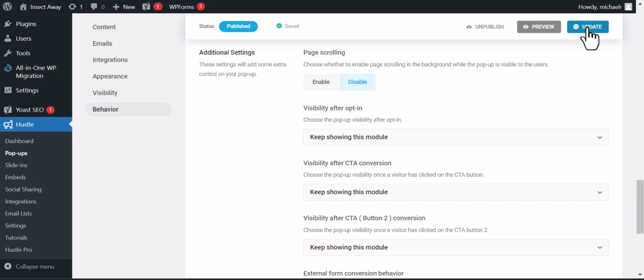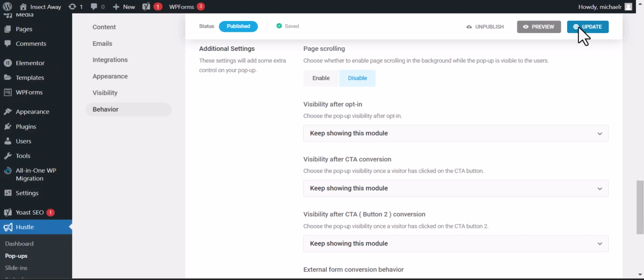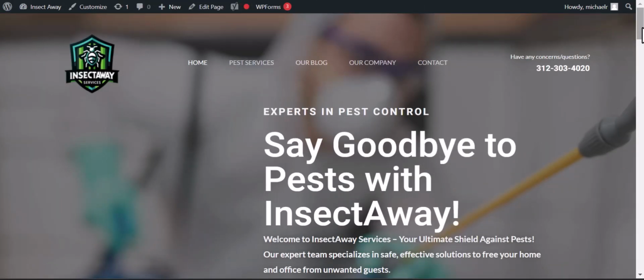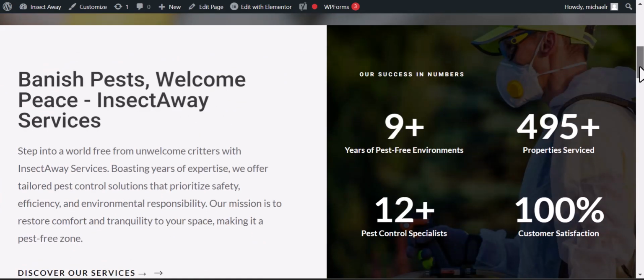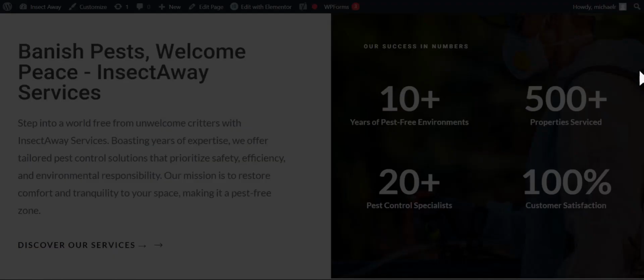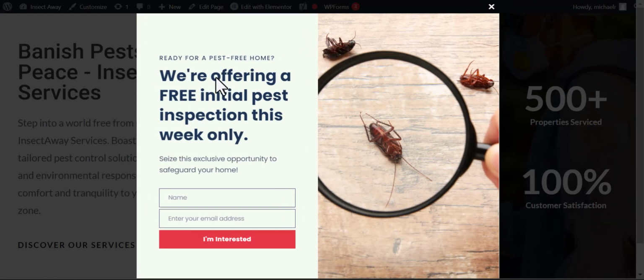I had published it earlier, but if you haven't published your pop-up just yet, then you can publish it right now. So I'm going to take a look at the website, and let's open it in a new tab. And here we have the website, and if you remember, our pop-up will only show after 8 seconds and once we've scrolled down a bit on the web page. So it has all the information that we said earlier, including the offer that we are providing to the visitor. And once they enter their name and email address, then it will go to us on this website as